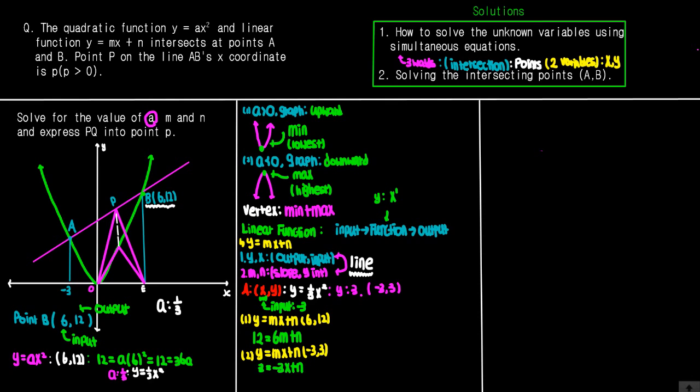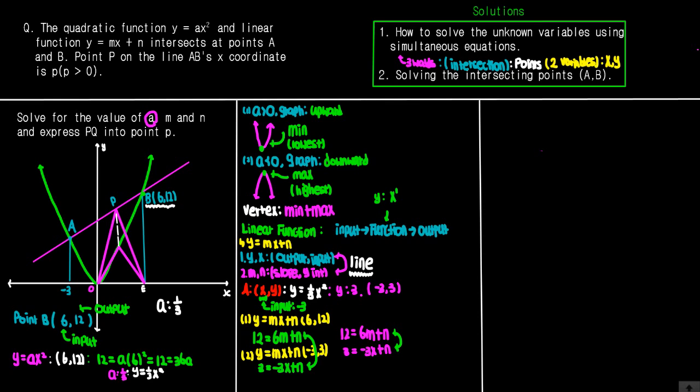And from here, we can use simultaneous equations between these 2 expressions to solve for m and n. So first of all, let's write it down again together. 12 is equal to 6m plus n, and then 3 is equal to -3m plus n. There are 3 ways of solving a simultaneous equation, but in this case, I'm going to do the substitution rule,